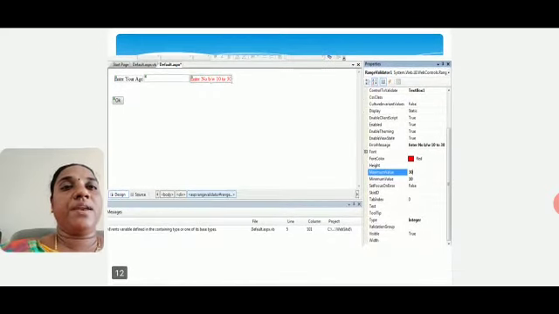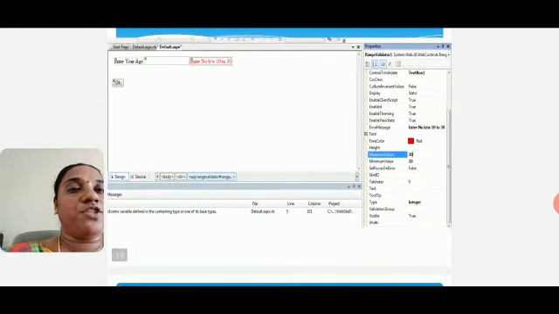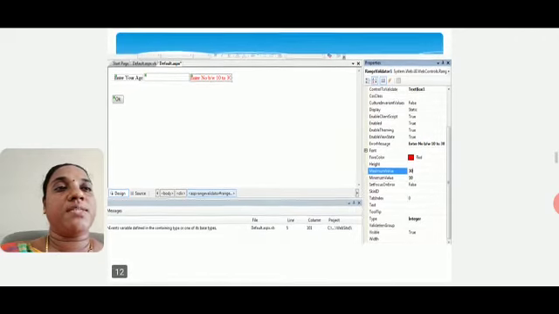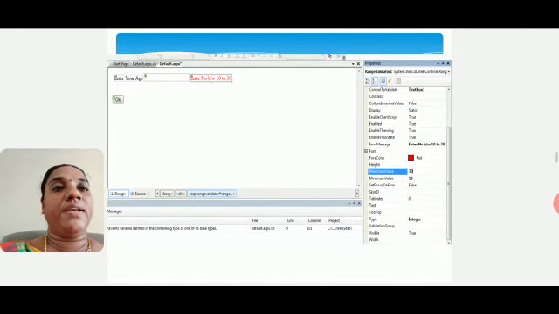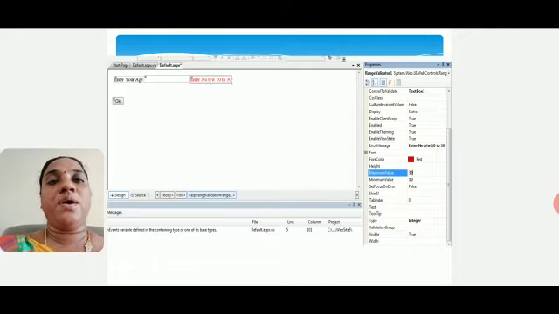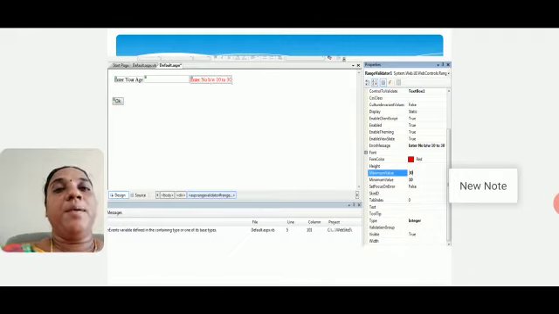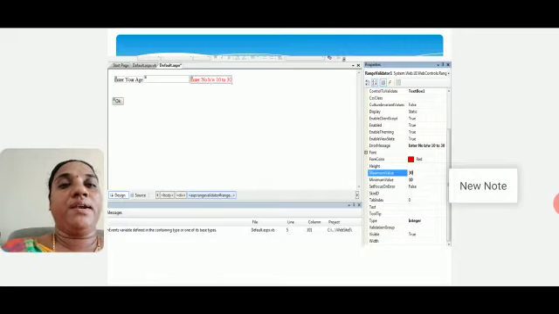Here I have given one text box and we have that range validator control. In its properties, we have to set these. First one is control to validate. Here you have to give text box 1, and the type of the value we are going to check. Here I am giving integer. Then minimum value I am giving 10, and maximum value I am giving 30. So three properties we need to set: minimum value, maximum value and type.